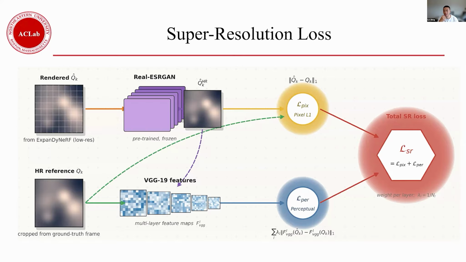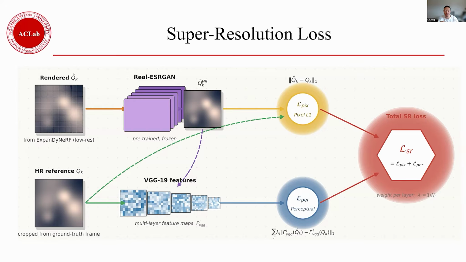So to recover the crisp texture, we attach the super resolution loss inspired by Real-ESRGAN and NeRF-SR. As shown in the diagram, the rendered low resolution patch, a pixelated thumbnail on the left, flows through the frozen Real-ESRGAN model. Its upscaled output, together with the high resolution reference,